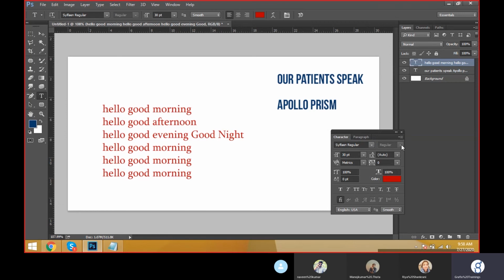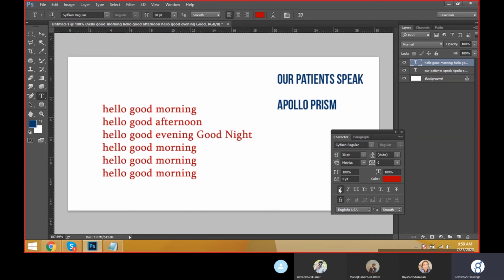We have a font style here. No, we don't have a font style here. Some fonts are like that. The client asks, even if there is no bold option, to keep a bold option. Is there bold? No. Then how can we take the bold in the character palette? That we see in Faux Bold. This is called Faux Bold. Click it. If there is no bold option, we can take it from Faux Bold.